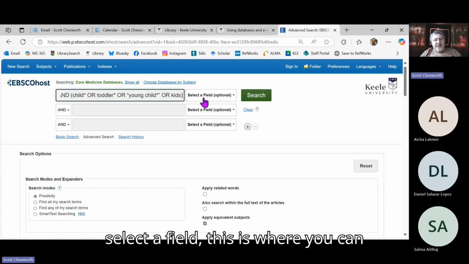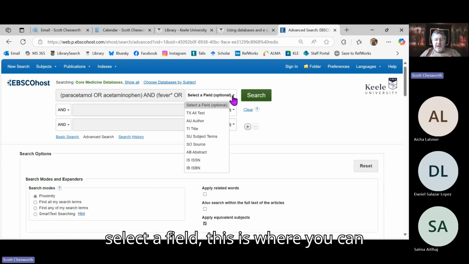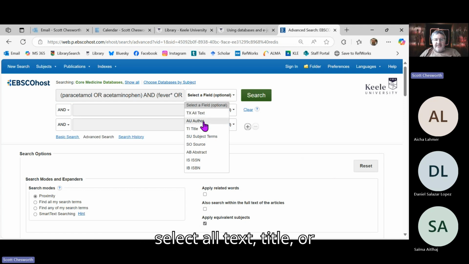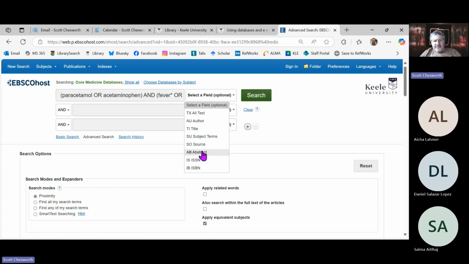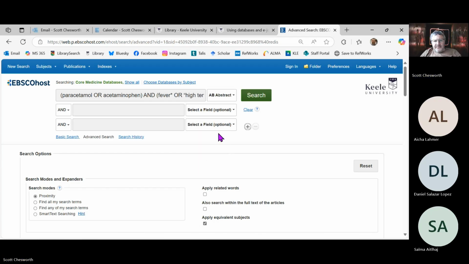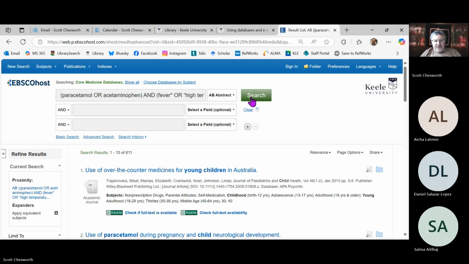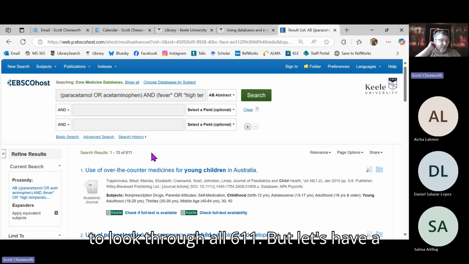Where it says select a field, you can select alt text, title, or abstract. I'm going to do an abstract search. So we get 611 results, which is not a bad start, but obviously you don't want to look through all